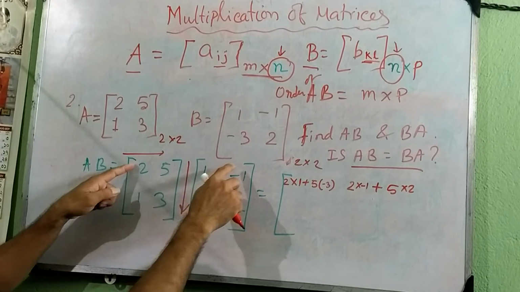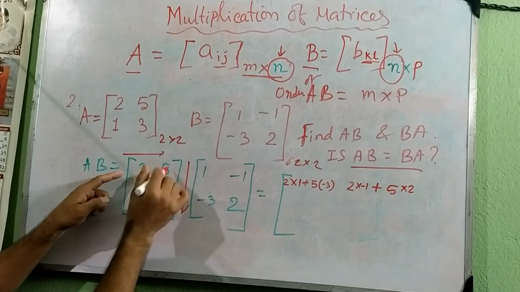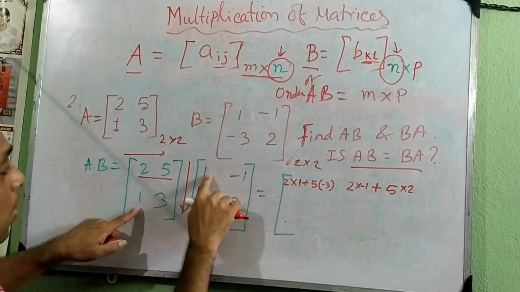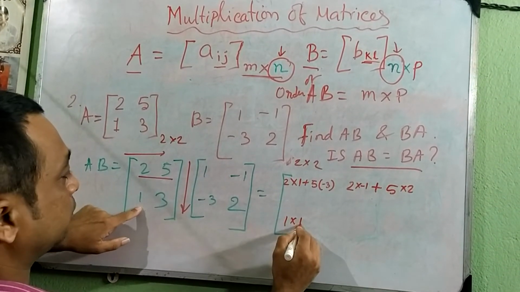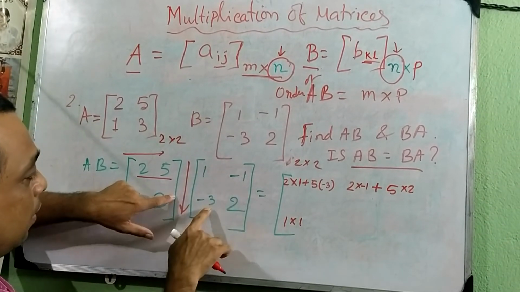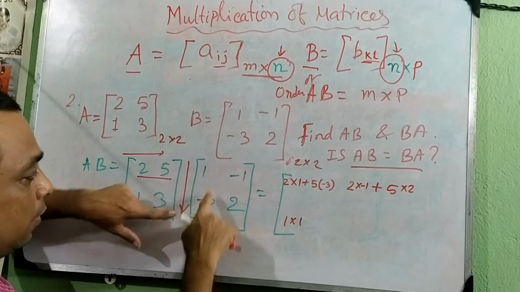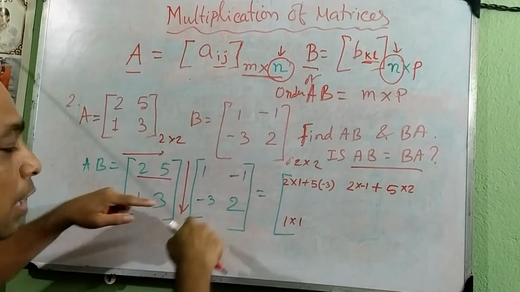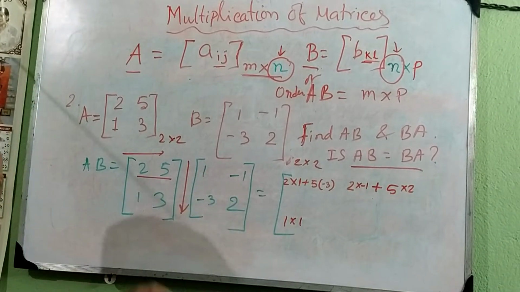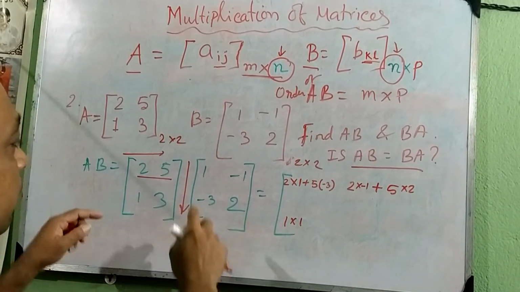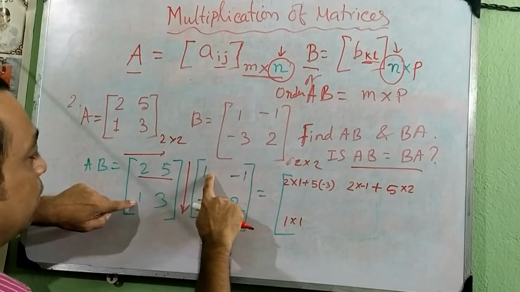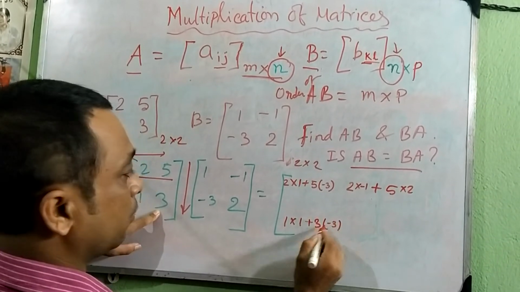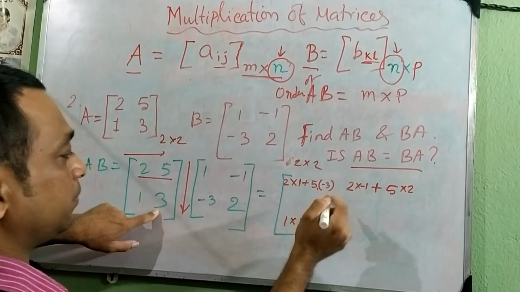Now this operation is done for the first row. Now for the second row, so we will go to the second row. So 1 into 1 plus, you can see how I am operating. This hand will go this way. When you are doing it the first time, you might have a problem showing how it comes, but gradually when you practice more and more sums, you will get it easily. So 1 into 1 and 3 into minus 3. You can write a multiplication sign here, or you can simply give a dot.